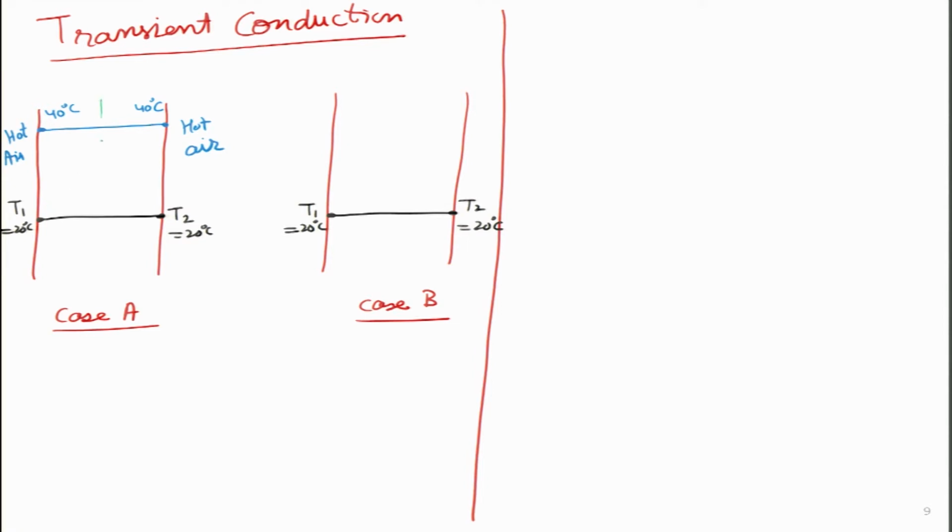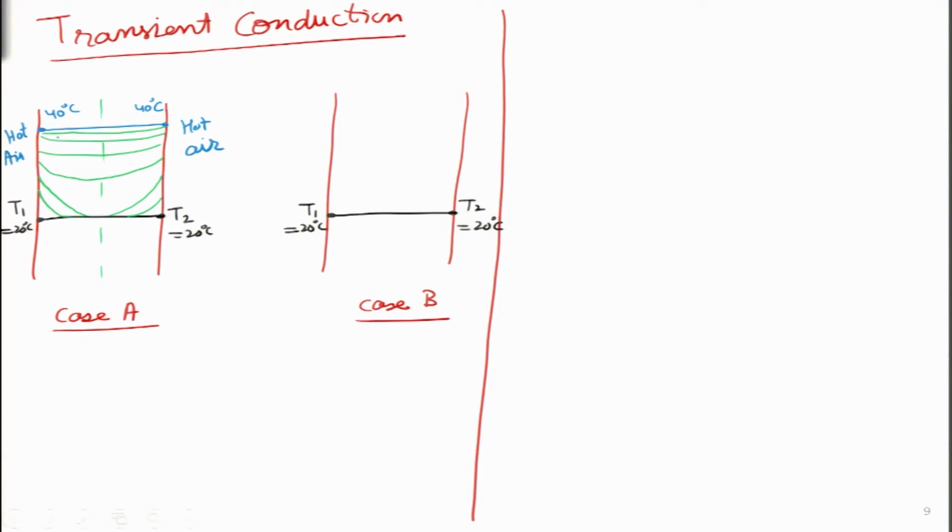So if this is the mid section of the wall, one thing we can see is, because all conditions are symmetric, it's going to happen symmetrically on both sides. So the temperature has risen like this. After some time, the temperature would further increase and it will reach something like this. And after some more time, the temperature would increase like this. Then it will go like this, and eventually it will attain this blue line which is already existing over there.